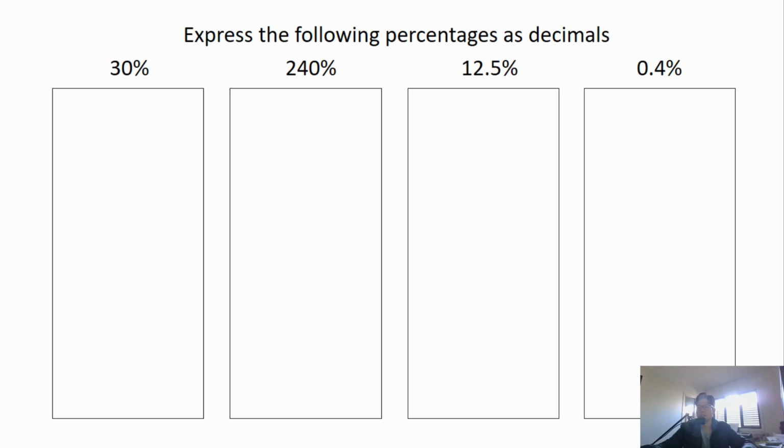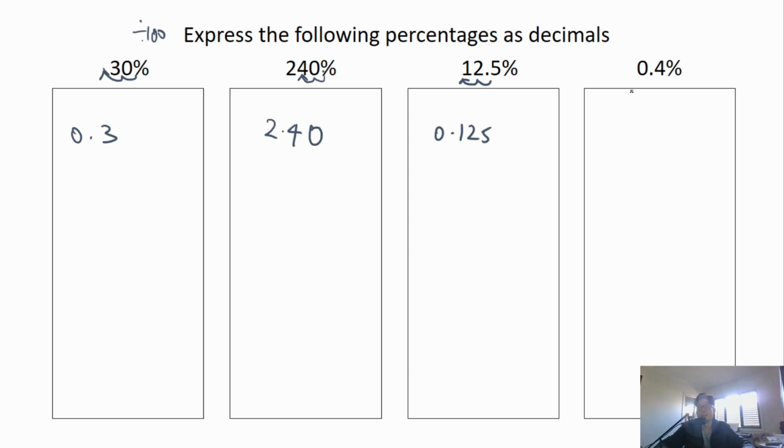Alright, so now let's have a go at solving some problems. We're going to express these percentages as decimals. This is done by dividing by 100, if you remember from the notes on the previous slide. So 30%, divide that by 100, so you move the decimal point 2 spaces to the left, and that just gives you 0.3. Same with this one, 240%, the decimal point is technically over here, move that to the left 2 places, and that will give you 2.4. You can write 2.40 if you want, it's exactly the same thing. Same with the next one, move the decimal point 2 places to the left. That gives you